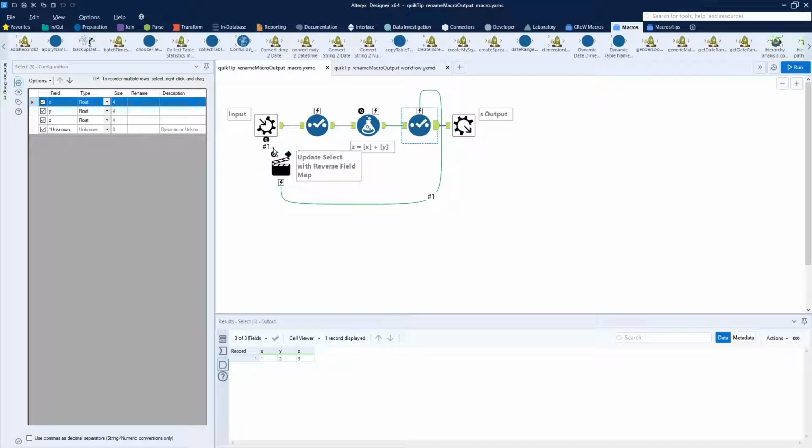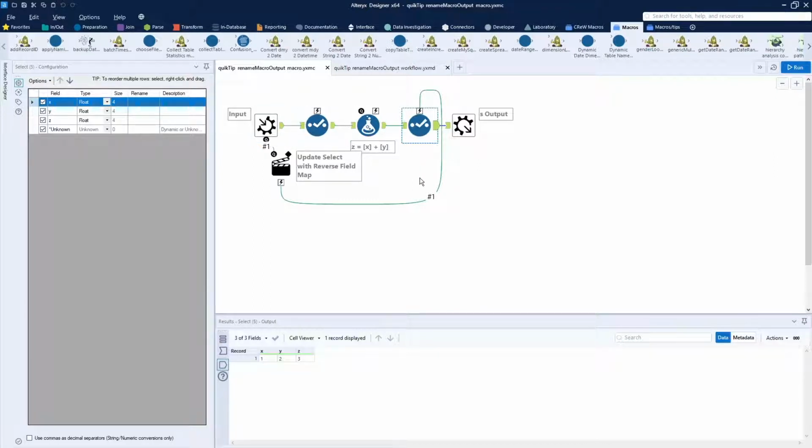What you can do is put an action between your input stream, because the only fields that will be affected are those that are identified as part of this processing. For this processing to work, I must have the fields X and Y. And so Alteryx will rename the two fields, in this case A and B, to fields X and Y